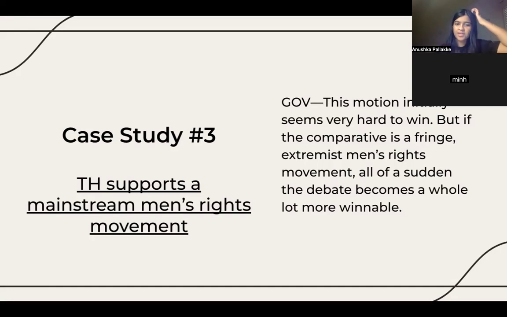Yep, I think that argument is really solid because you can also talk about how mainstream typically means more accountability. So this would ensure that you're constantly in the news, as you said, things are a lot more regulated and people are a lot more aware. Also, if you're very mainstream, you have press check back, you have people check back, you have government check back, and there's so much more regulation. On the other hand, an extremist men's rights movement might provoke more violence and things like that, which are just negatively bad. So in this case, I would support a mainstream men's rights movement.